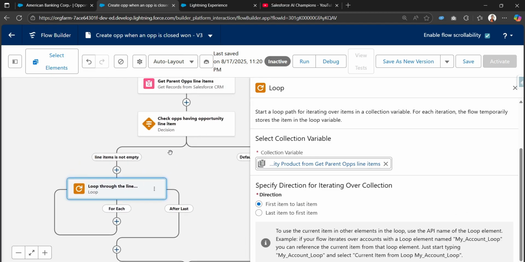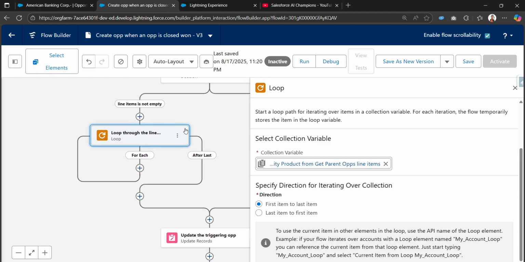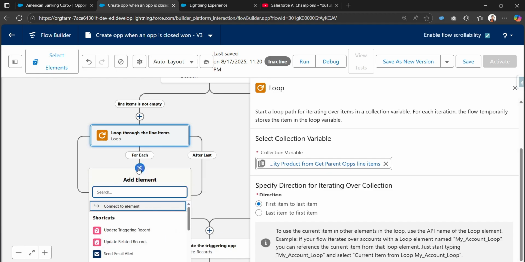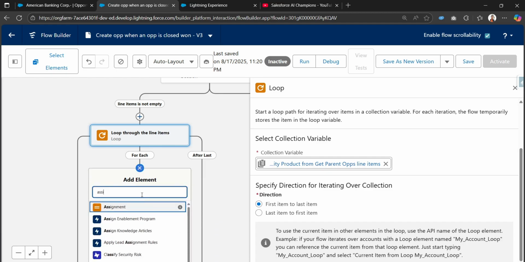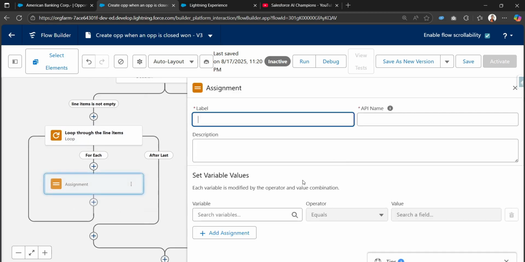In this path it is not empty, and we are looping through it from the first element to the last element. We need to provide the assignment element, in which we will assign the values of the line item fields